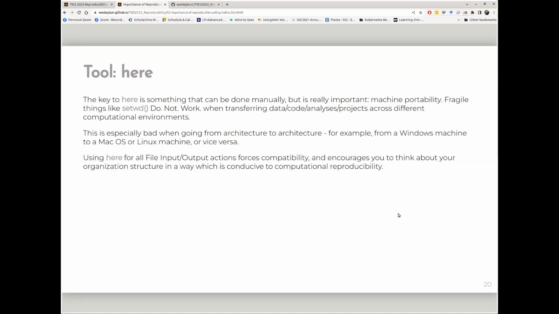So if you ever need to run things on HPCs like Alliance Canada, which used to be Compute Canada, or even just on a more powerful server that your PI has, it's going to be Linux. Your code needs to be able to transfer because it needs to not be Windows-specific or Mac-specific. Here forces you to think about that, which sets you up for success in the future.